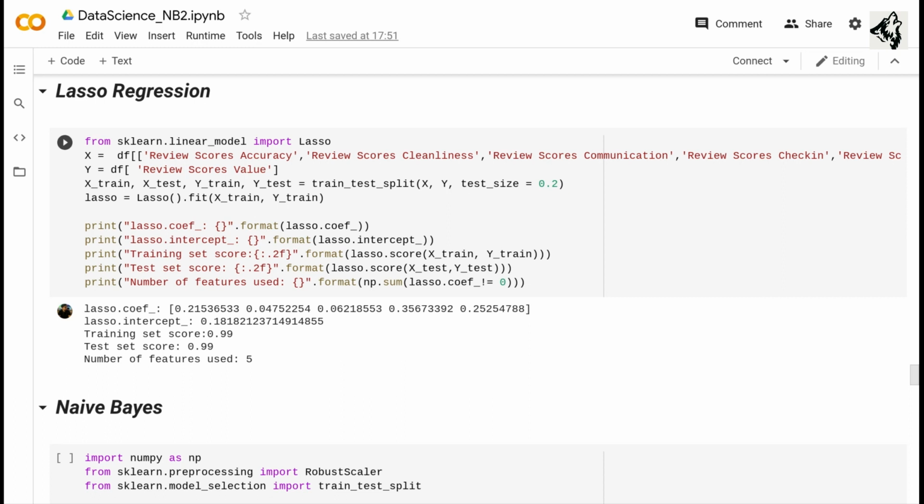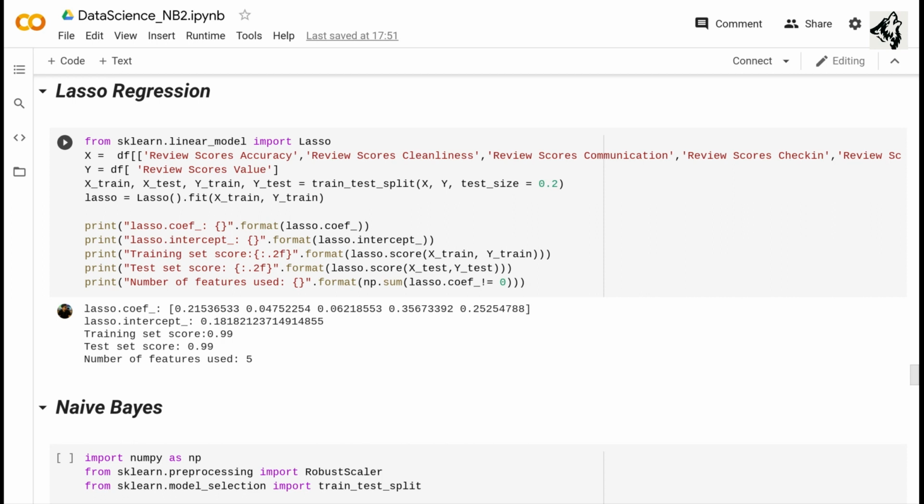Lasso regression is another linear model just like ridge and linear regression. In lasso regression, we use the concept of shrinkage. Shrinkage is where data values are shrunk towards a central point, like the mean. We use the predicted column, which is the review scores value, but we have changed the predicting columns.